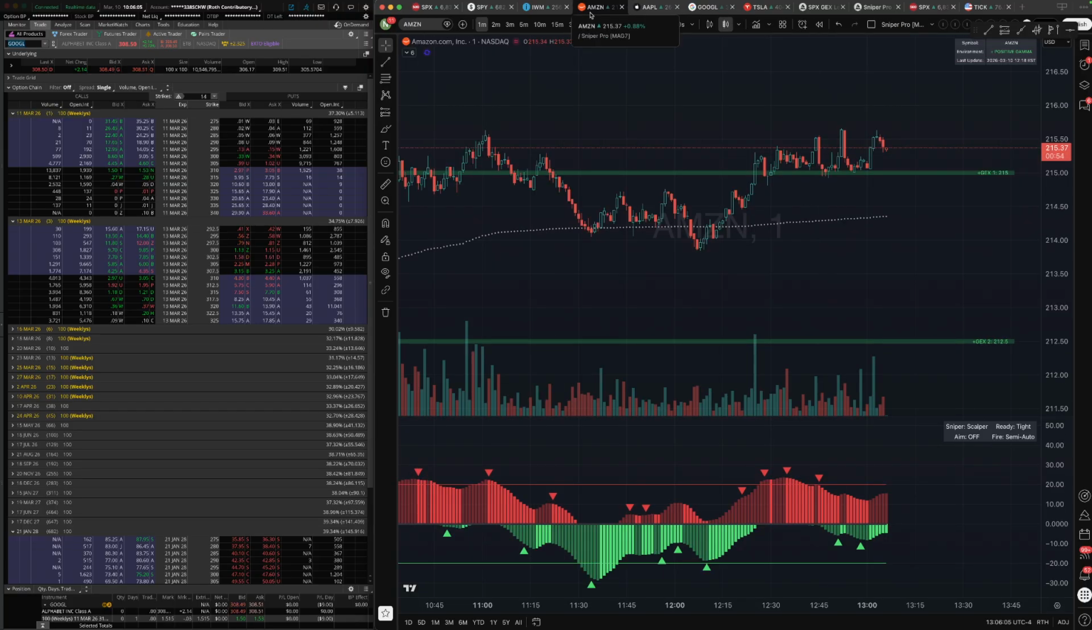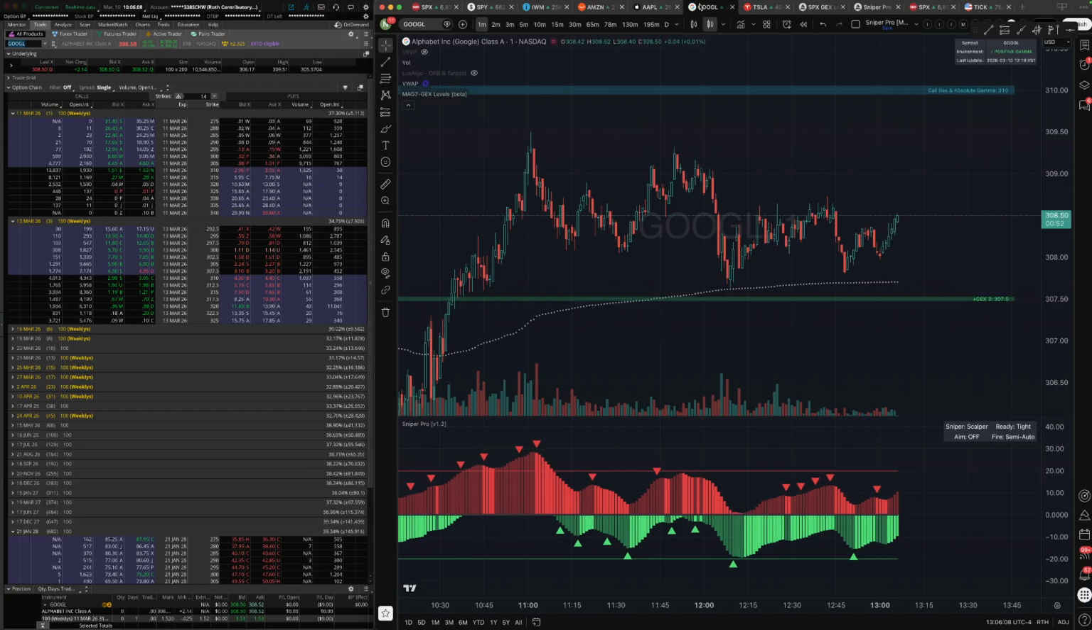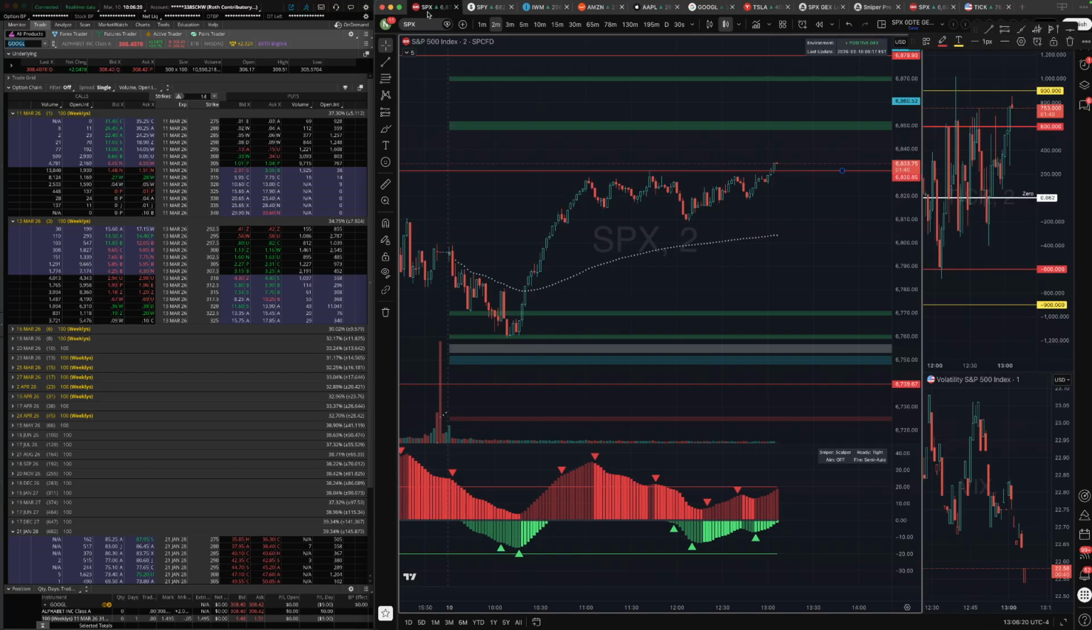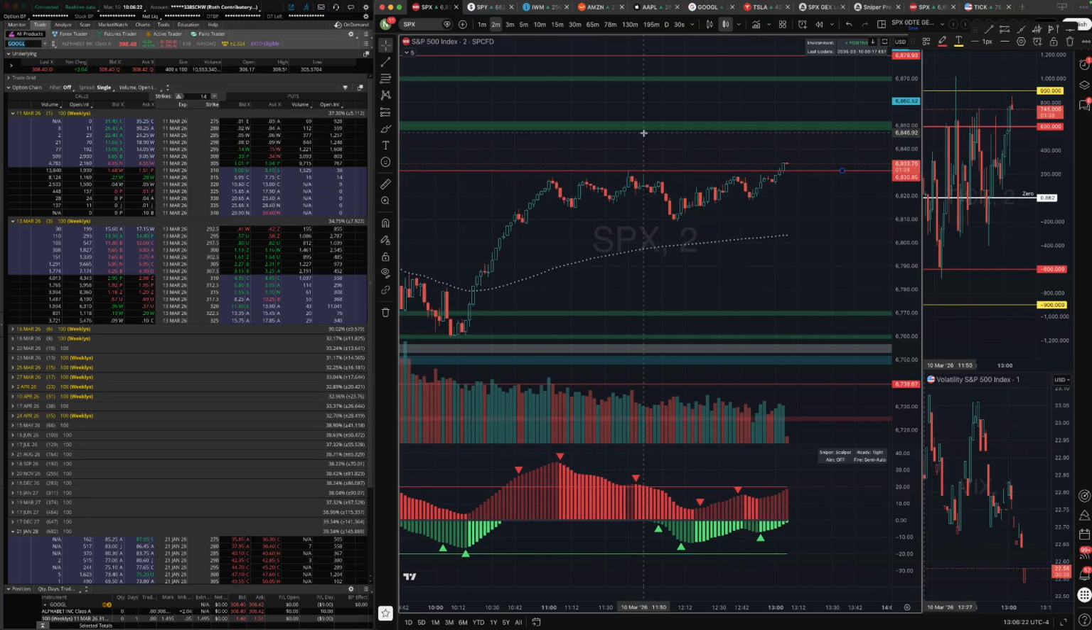Now I can look around on Google, Amazon. There's Google that I decided to cut right before I started recording. That's moving up. That would have been a nice trade. Cut that for just break even. So there isn't a trade setting up, but let's just